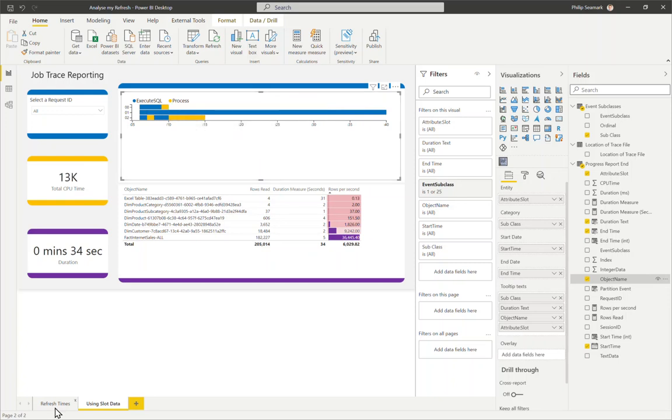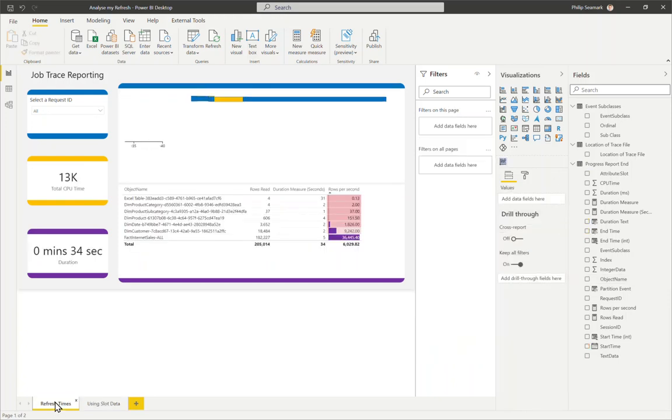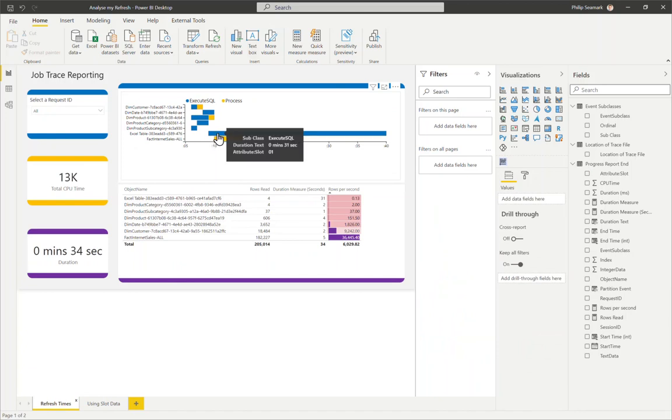I think the focus to improve the refresh for this item is, as I suggested earlier, focus on ways that we can shorten this Excel file by moving the data into another data source or turning it into a dataflow or something else. Now the last thing I just want to highlight is when you do have a long operation on a fact table that comes from a data source that can support queries such as SQL, you can convert the large tables down into partitions, which will run in parallel. And I think I'll save that for a different video in a future blog, because we're already at 22 minutes,